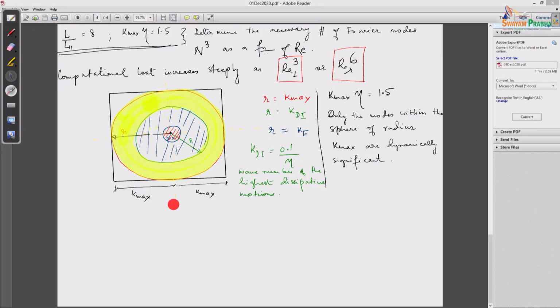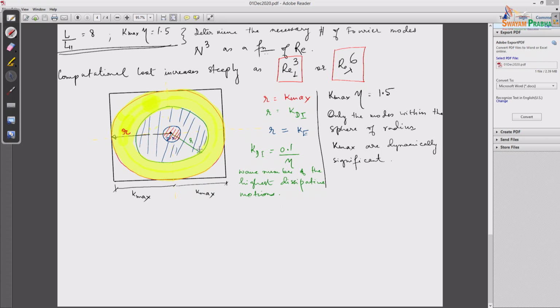So we came up with this plot where K max eta is 1.5. The modes of motion which are dynamically significant basically lie within a sphere of radius K max, which is what I've drawn here. And in that we have this radius, which is essentially r, and another